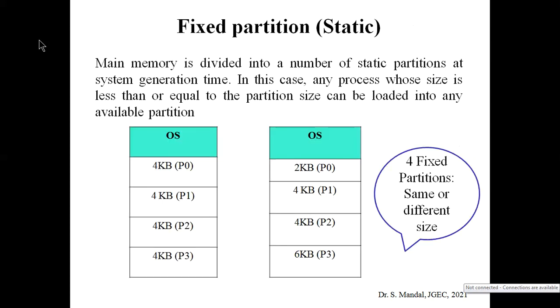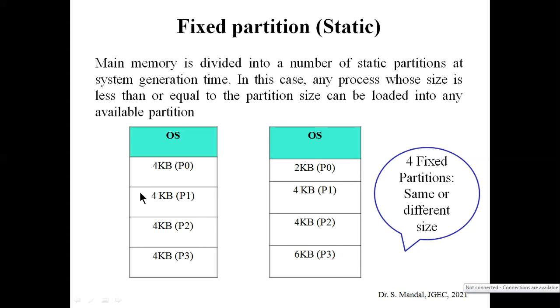So let's see the characteristics of the fixed partition. In case of fixed partition of contiguous memory allocation, the main memory is divided into a number of static partitions at system generation time. During the execution, the main memory is divided into different static partitions. Static indicates fixed. Consider this example: suppose the size of the main memory is 16 kilobyte. So if we use 4 partitions,